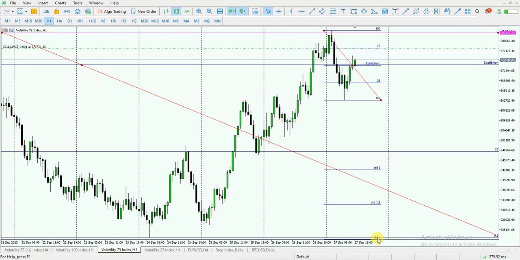Now watch this. This is the second standard deviation. Where is it? It's right below the low, which was used to take the sell side liquidity that we had in here, the previous sell side liquidity. This low was the one that we used. So right below it is the second standard deviation. So I'm expecting price to